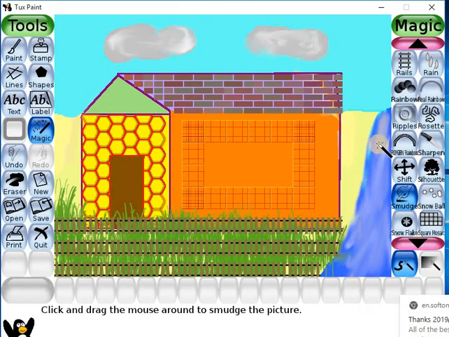This way we have changed the look of the river as well as the clouds. A similar type we can give here in the sky also.